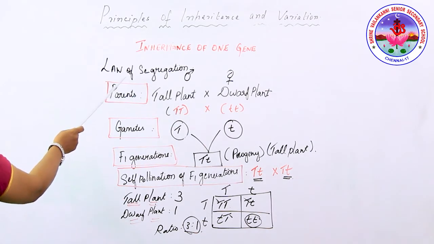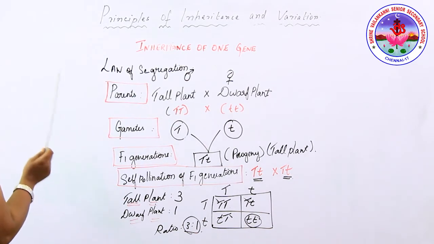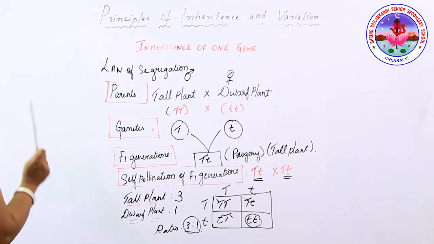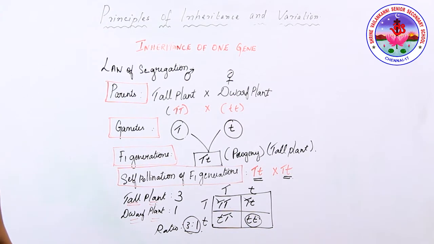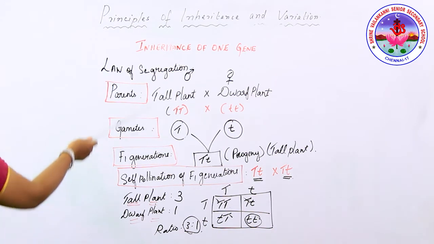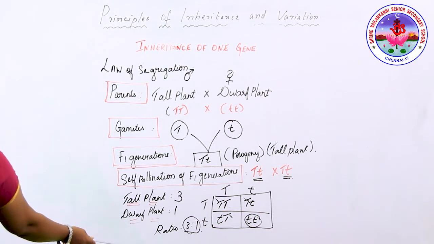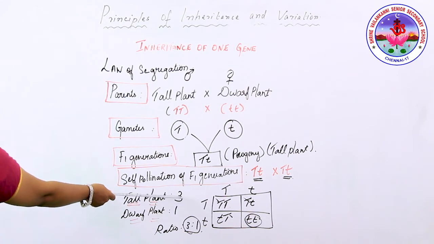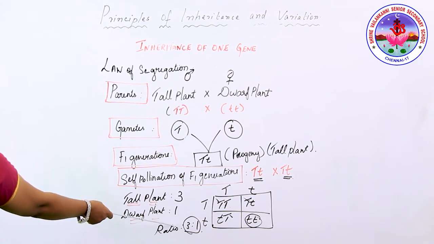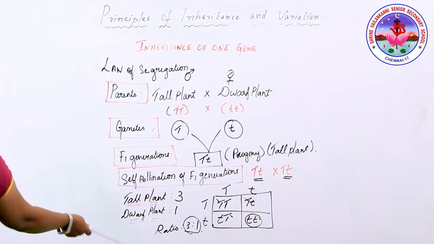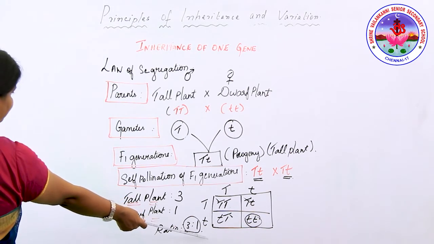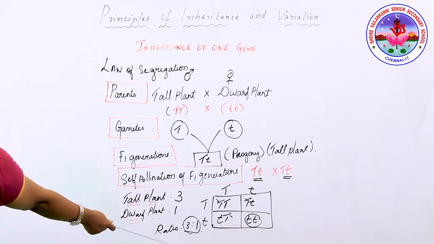A homozygous individual produces only one type of gamete, while a heterozygous individual, that is the hybrid, produces two types of gametes in equal frequencies. So the following example can explain an inheritance pattern. In this case, tallness is the dominant character over dwarfness, and it appeared in the F1 generation itself. The recessive character, dwarfness, remained hidden in the F1 generation but appeared in the F2 generation. So this will be the result in the F2 generation.